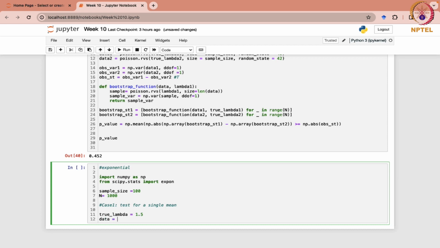Then we are going to first generate exponential random variates from this PDF. The scale would be 1 over true lambda. So we are basically considering this form of the PDF, as you know there are 2 forms of the exponential PDF, and size would be the same as the sample size, and random state would be